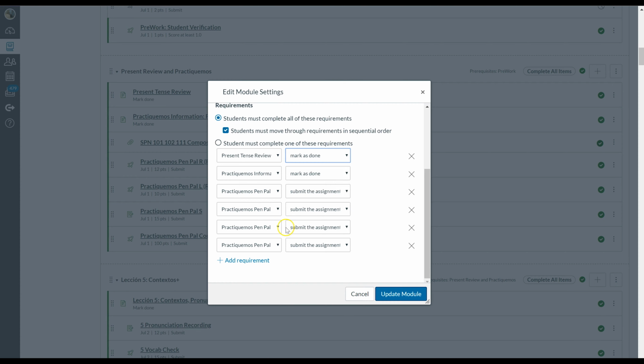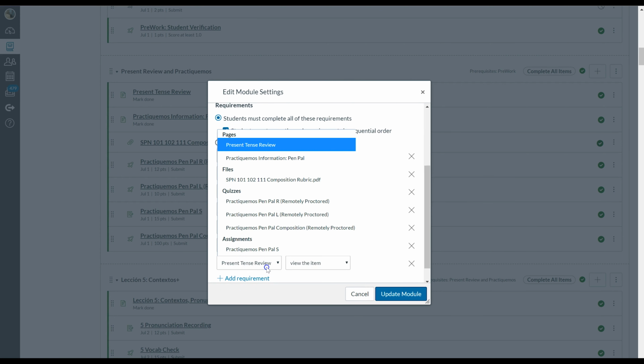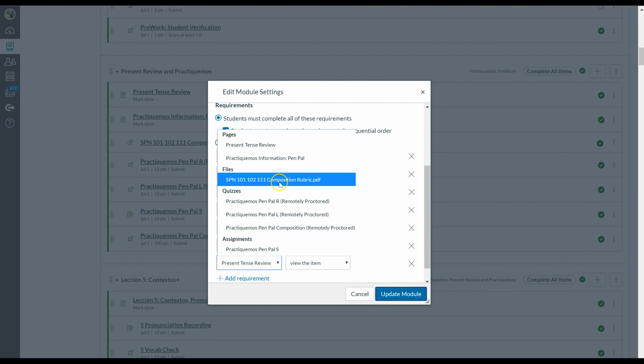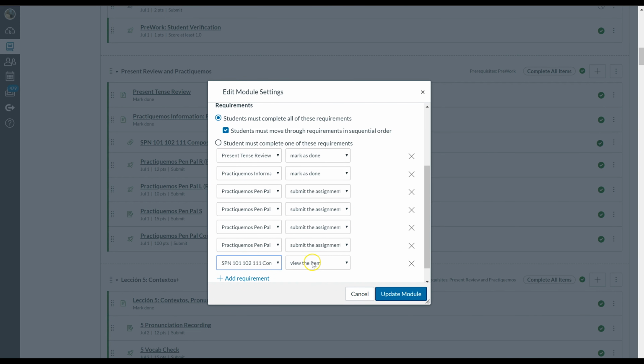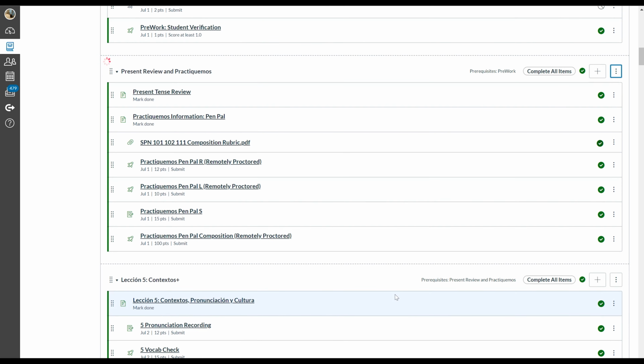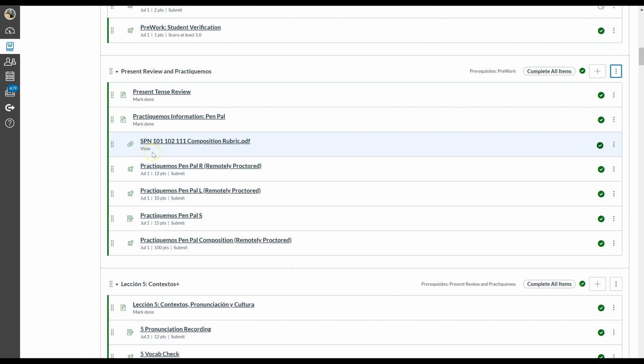Once you have quizzes or assignments, you can have students view the item, submit the assignment, score at least a particular score. I usually do submit the assignment. And if I have, for example, a file like the rubric that I have here, if I want to add that, I choose that particular file and it will now show up as view the item, and then any changes that I've made, I update the module, and now you can see that this is popped up to view the